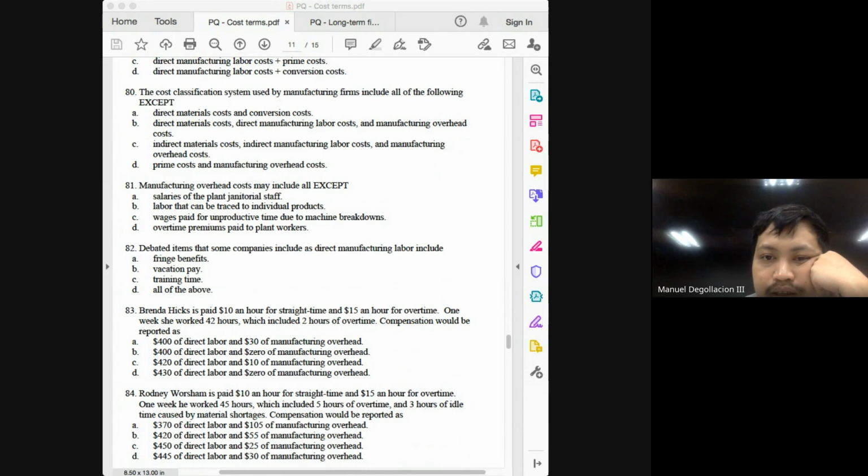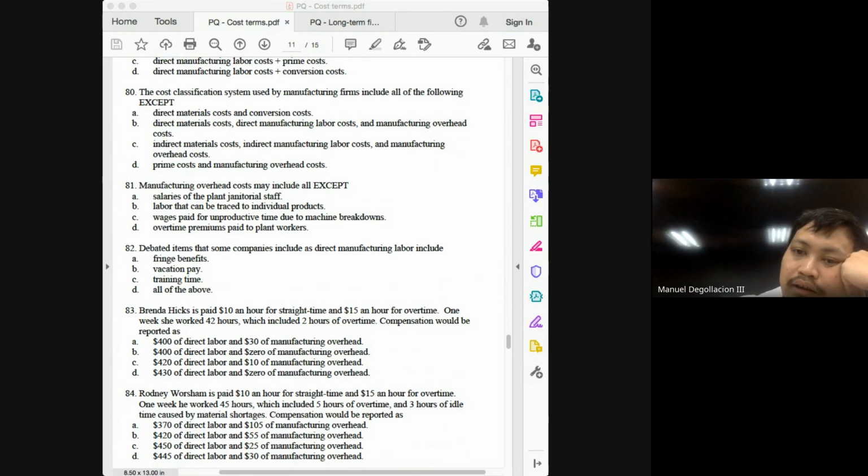83, this one will require greater thinking than usual. Brenda Hicks is paid 10 an hour for straight time and 15 an hour for overtime. One week she worked 42 hours, which included 2 hours of overtime. Compensation should be reported as